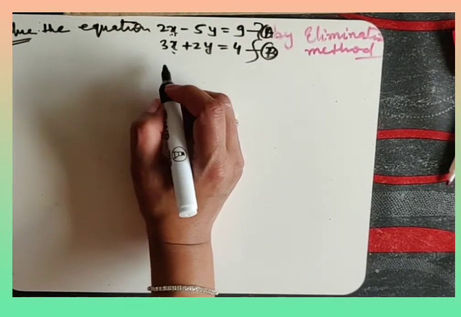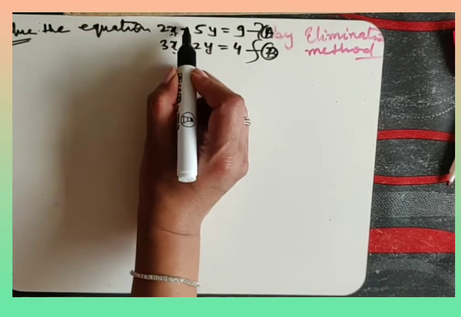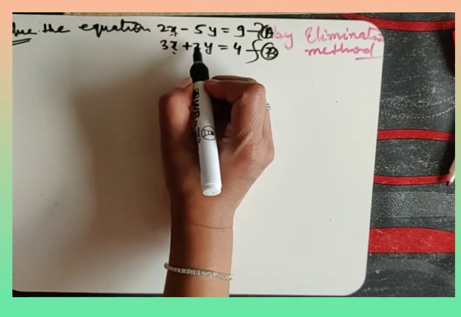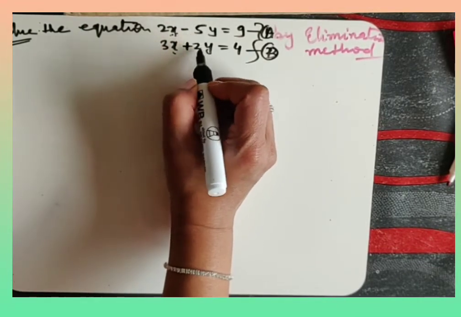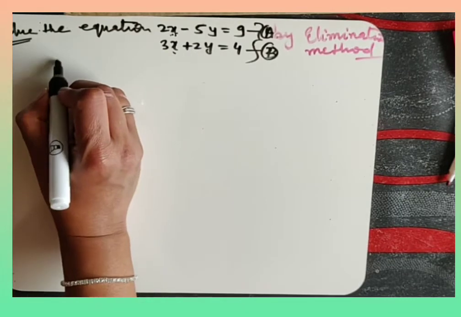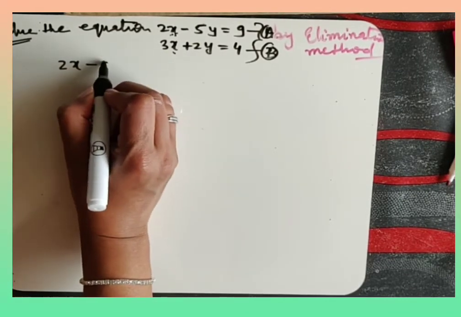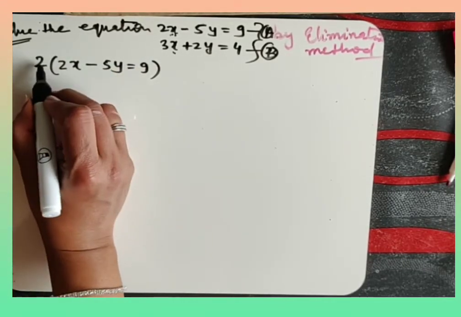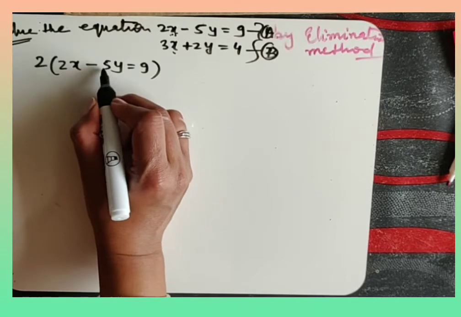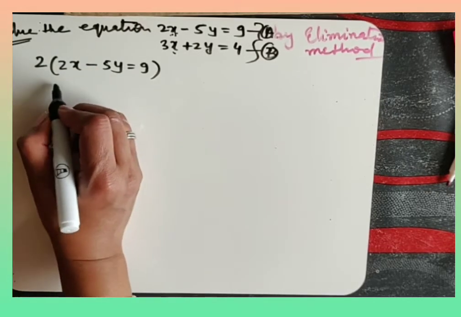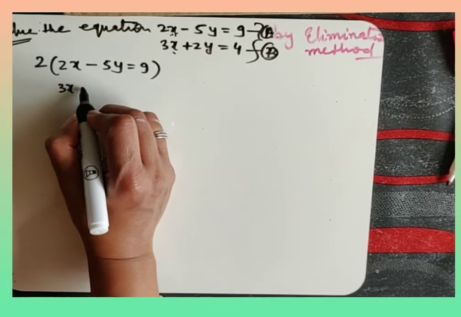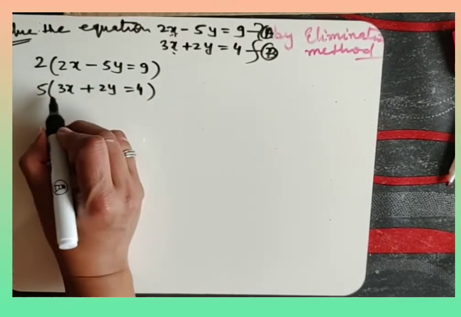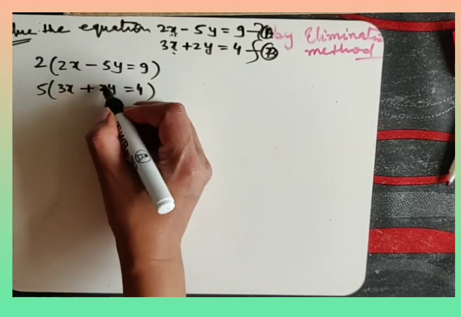So okay, I want to eliminate y because here it is minus and plus, so it will be easy for us. But we have 5 and 2, so make both y terms equal. What we will do is multiply equation 1 by 2. So when we multiply by 2, it will become 10y. And then the second equation, I am going to multiply by 5. Why? Because we want 10 in both equations.